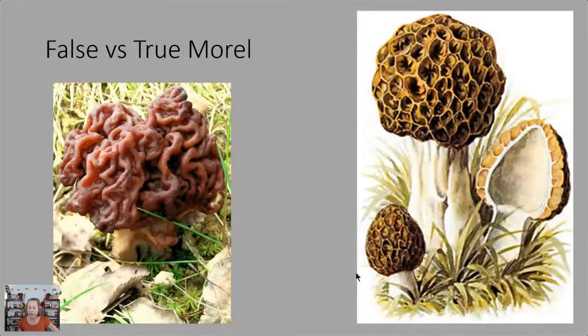So, like we were saying, when you're drawing something, you want to look really closely at it to help you not only identify the species, but to draw it more accurately. And so, if you were just to look very quickly at these two mushrooms, you'd think they were very, very similar. But this one we have on the left is also known as a false morel, which is